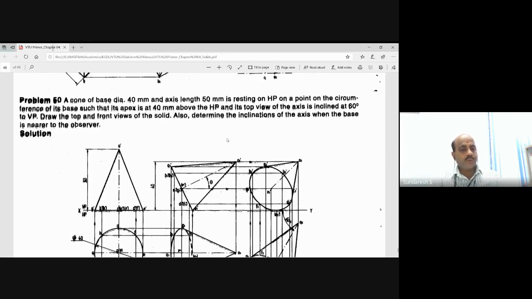Just take down a problem. A cone of base diameter 40 millimeter and axis length 50 millimeter is resting on HP on a point on the circumference of its base